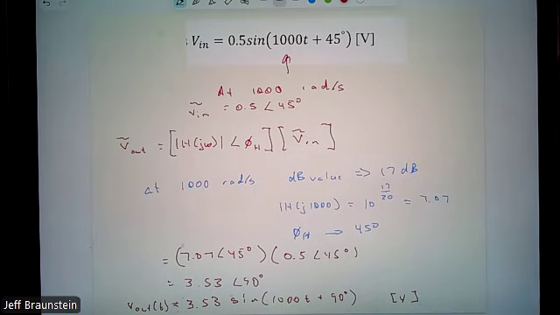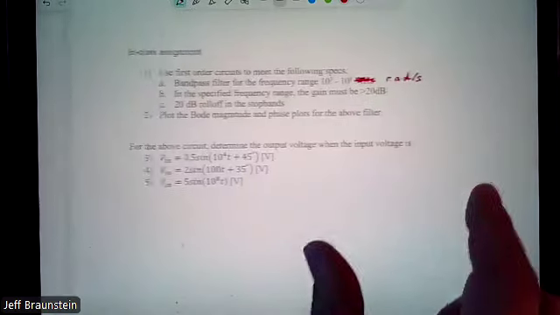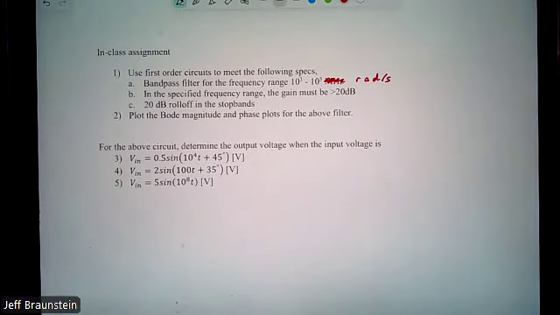There's our process. Identify the dB value, translate it back to our magnitude value. Identify the phase value. That's easy, we don't have to do anything other than read it off the plot. Do the phasor math out, multiplication for our magnitudes, addition for our phases, and go back to our time domain form. So I have a little bit of practice for you. The same plot, make that larger, figure out the outputs.